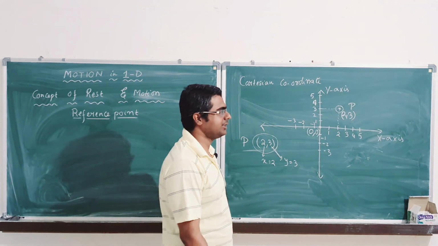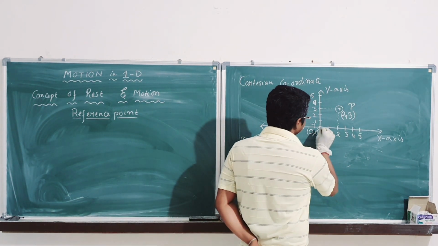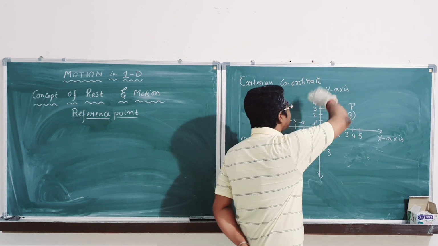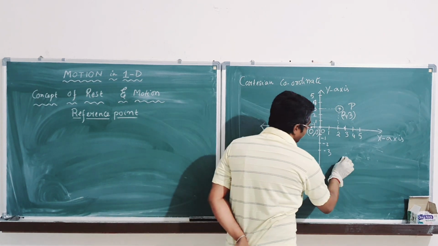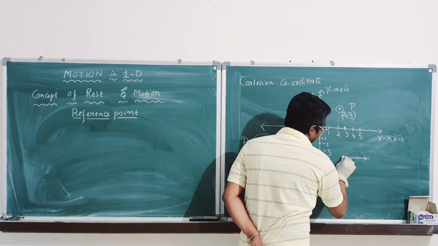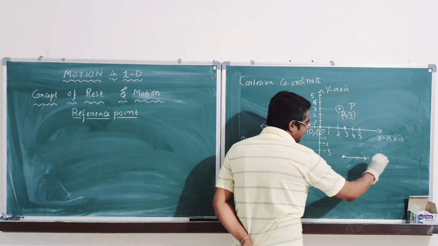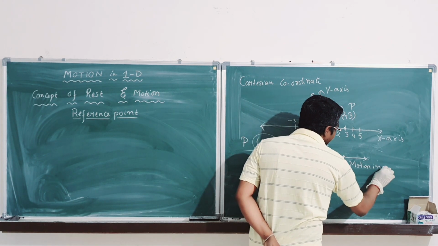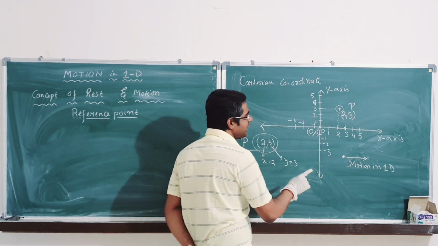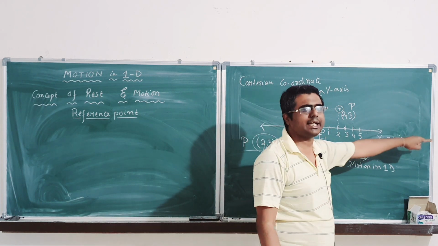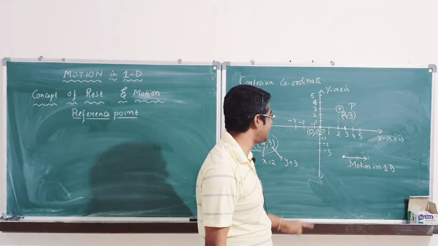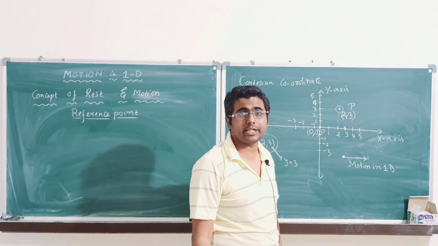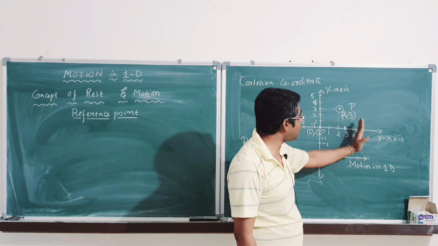Suppose for a certain position, say it is the 0 position, I say it has moved to position 3 only. So it has not moved along the y axis. Only this way the body has moved. If the body moves only in this way, this is called motion in 1D. In this case the motion has been occurring in only one direction or dimension. It can be represented by only the change in x value, because it has changed position along the horizontal axis.